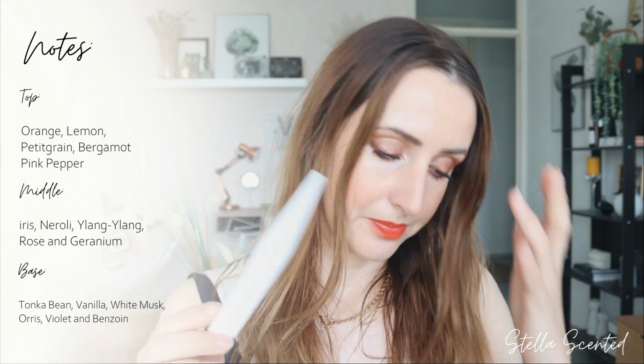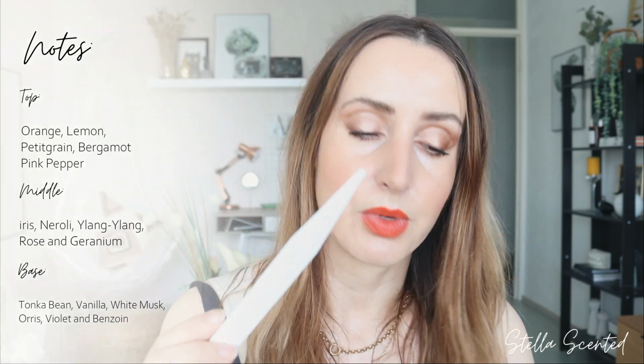On the top it starts off with a bright citrus. We have orange, lemon, petitgrain, bergamot and pink pepper. In the middle we have iris, neroli, ylang ylang, rose and geranium, and in the base we have tonka, vanilla, white musk, orris, violet and benzoin. So lots of notes, and they are really supporting each other in this one, really well blended